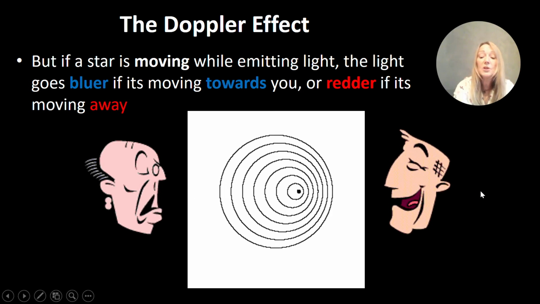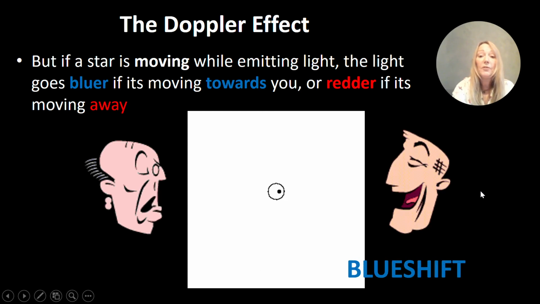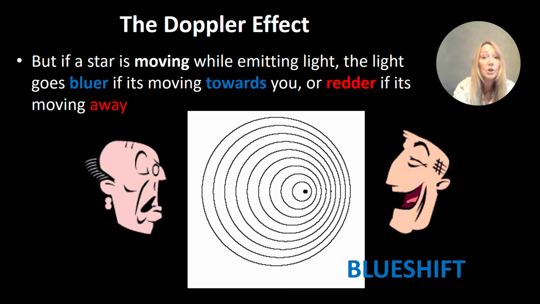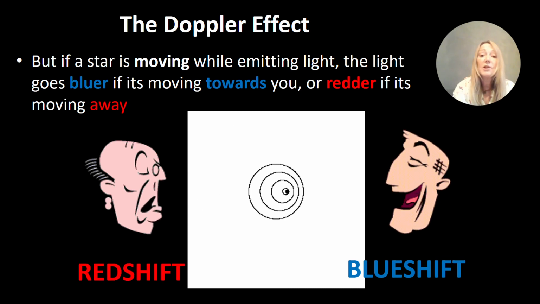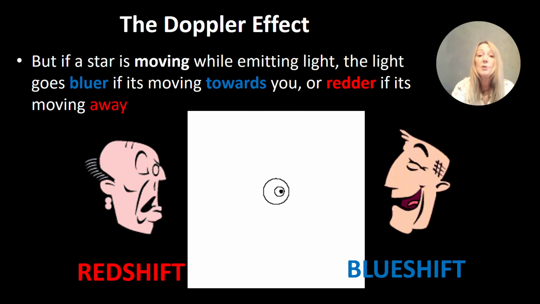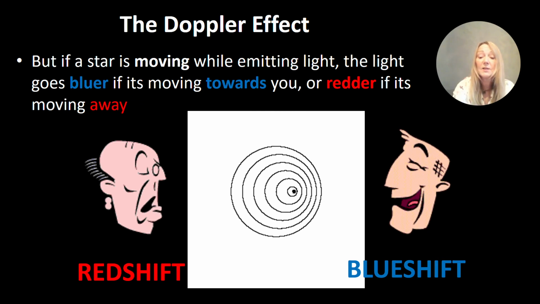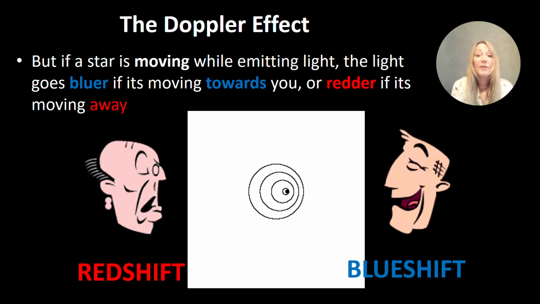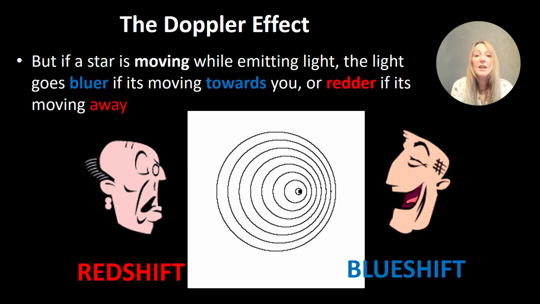And we call these 2 things blue shift if the wavelength is shortening, which means it's moving towards you, and red shift if it's moving away from you, because all of the colours will be shifted towards the red end of the spectrum. And this is what we call the Doppler effect, and we can quite often hear this